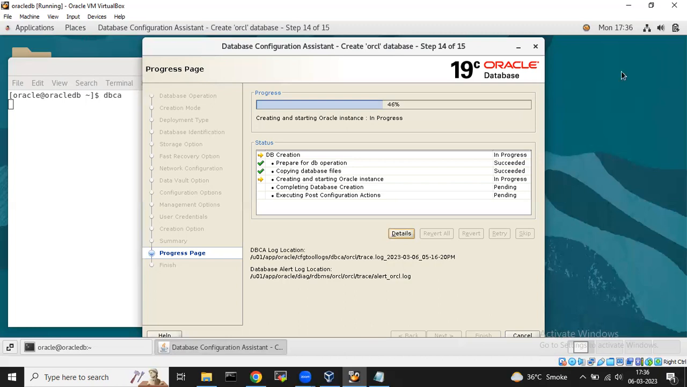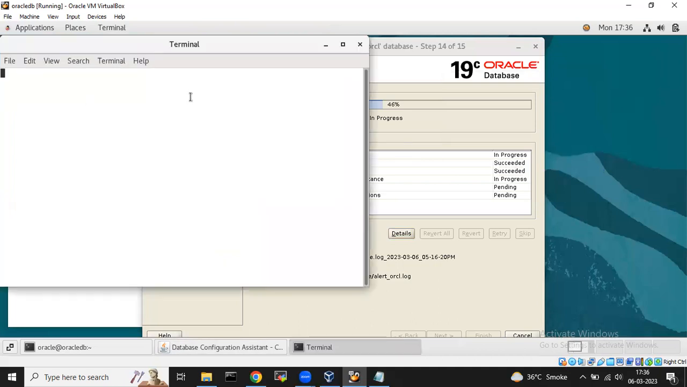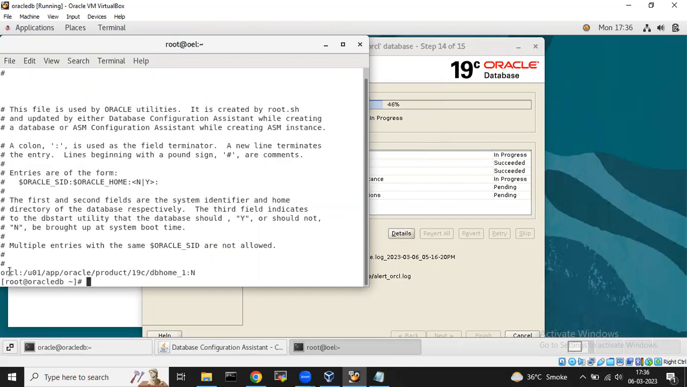And one more thing, here we need to check the /etc/oratab. As you can see, we have created an Oracle database, and its listener, Oracle home location and name are there. If that is not available in your /etc/oratab, then you need to mention it manually. So always remember if you are creating